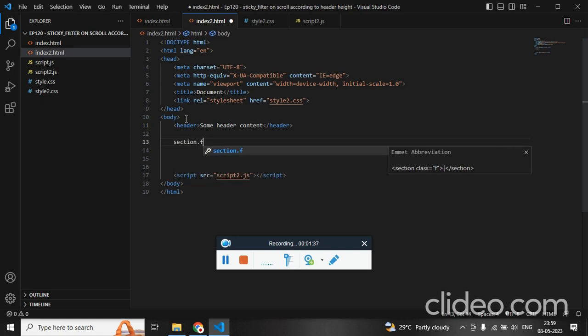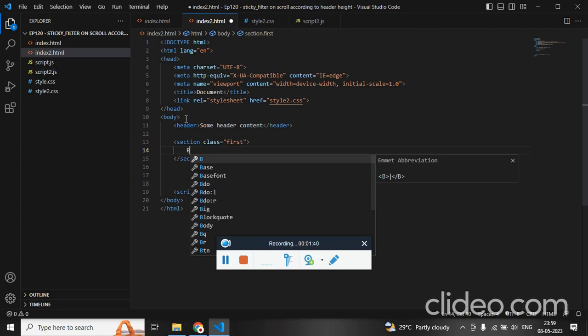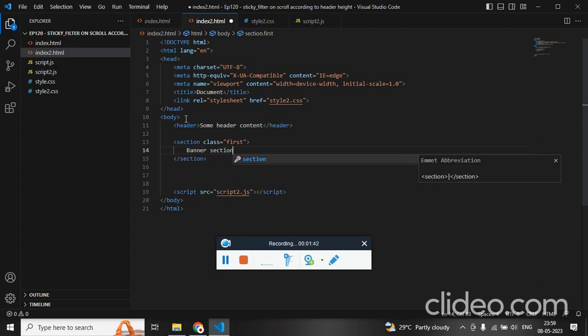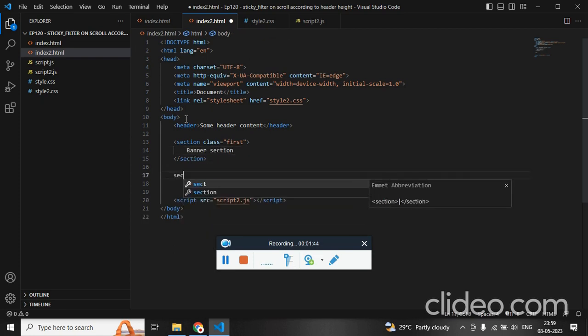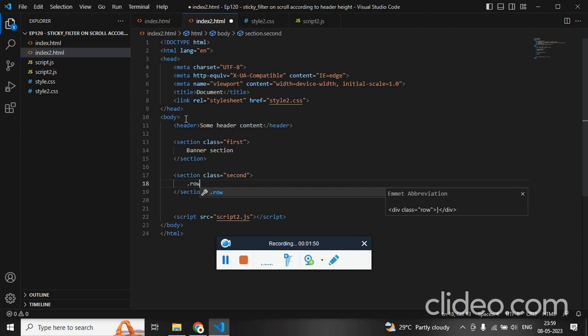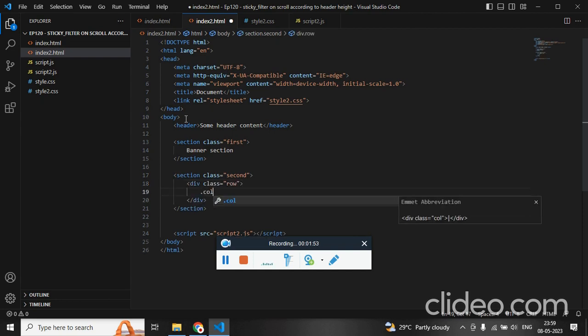I have the class first. Let's just have a banner section text, and after that we have a section. We'll name this class second, and it will contain a row. Inside the row we have a column